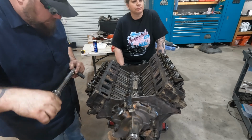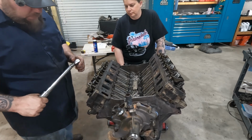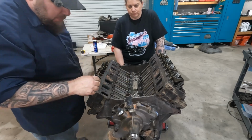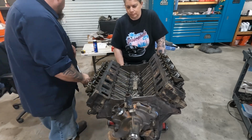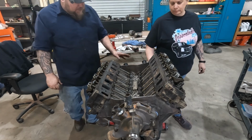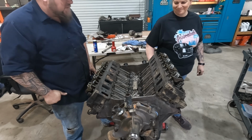All right. Rocker arms are all torqued down. These don't use an adjustable valve lash like a small block Chevy or big block Chevy. You just torque the rocker arms down, set all those to 25 foot-pounds. I think we're ready for the intake, and that's where it gets a little